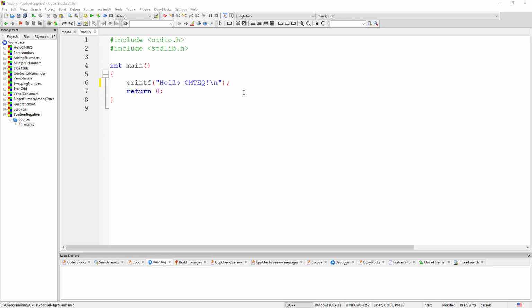This is tutorial number 15 in our series on learning C programming by coding. In this tutorial, we're going to learn how to check whether a number is positive, negative, or equal to 0. This is in the case of a 32-bit integer, and these integers in a 32-bit mode give you